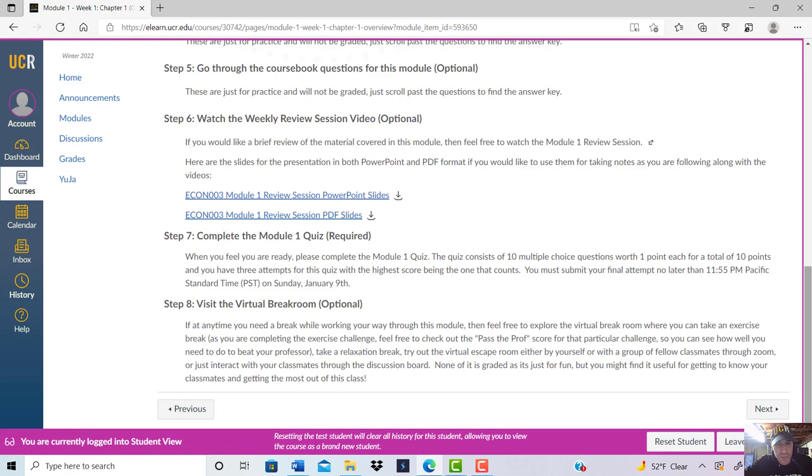And then at the end of each module, when you feel comfortable with all the information in that chapter or in that module, you'll complete the Module 1 quiz. It's 10 multiple choice questions worth 1 point each. Again, the highest of the 3 attempts will be counted towards your grade. You don't have to use all 3 attempts if you don't want to, but you are allowed to take it